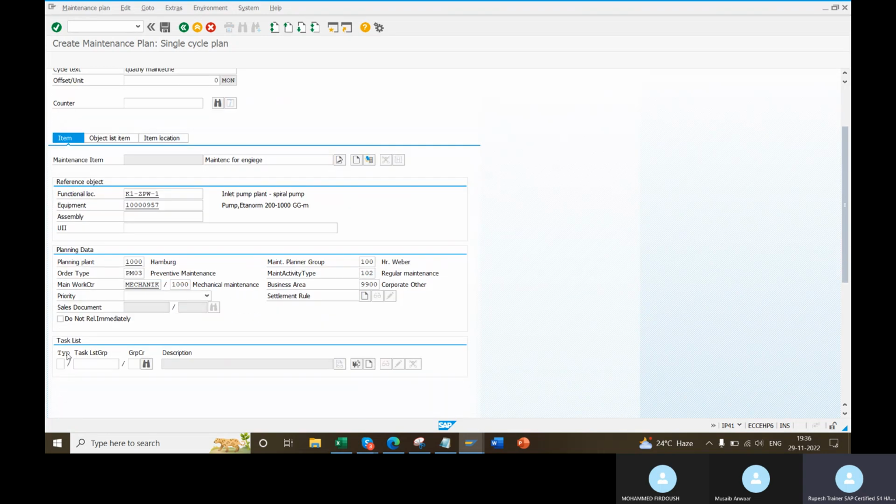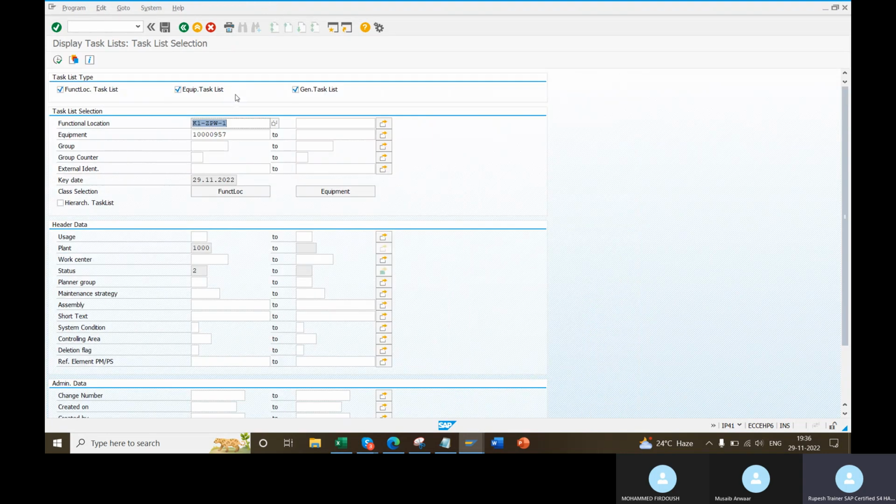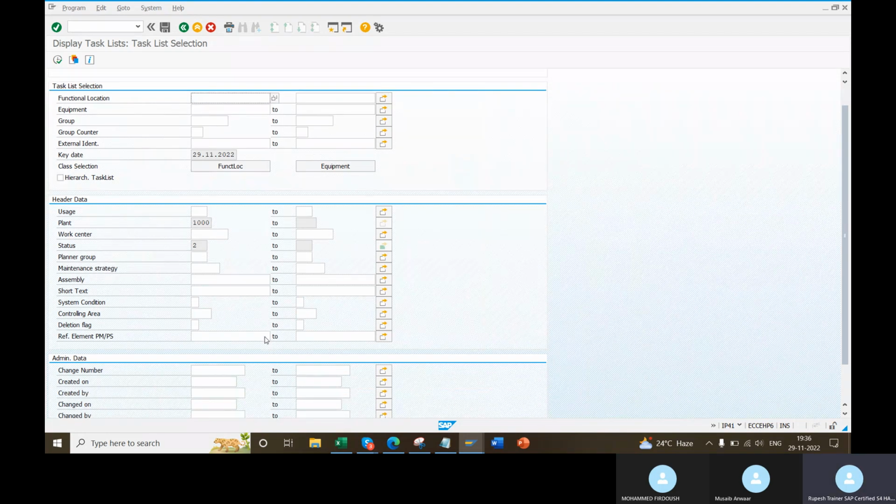Come down, attach your task list. You should have the task list already. Yesterday we created a task list, we'll use it.